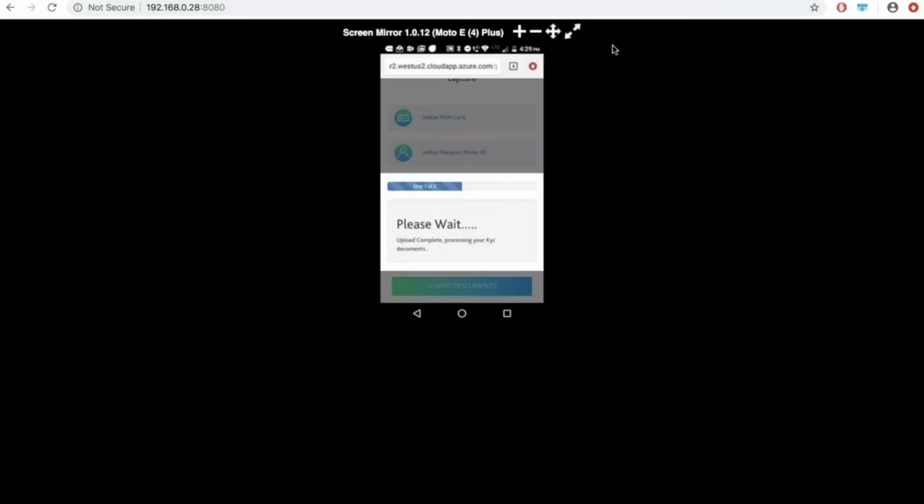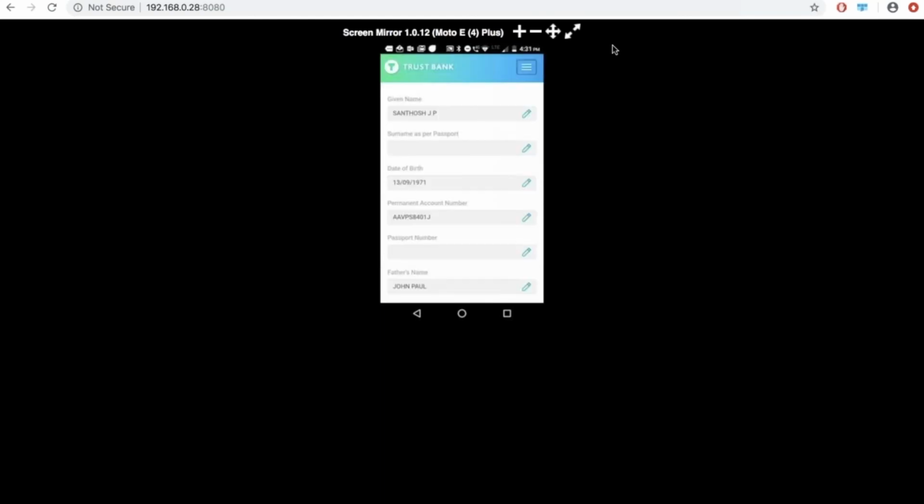We just take a picture of the PAN card and it's been uploaded into the server, and it is now doing the first check, that is the check around whether this is a PAN card or not. And the data has been populated onto the screen. So now the tablet app has populated my name, my PAN card number, and the date of birth. So this is the way we can get it now.